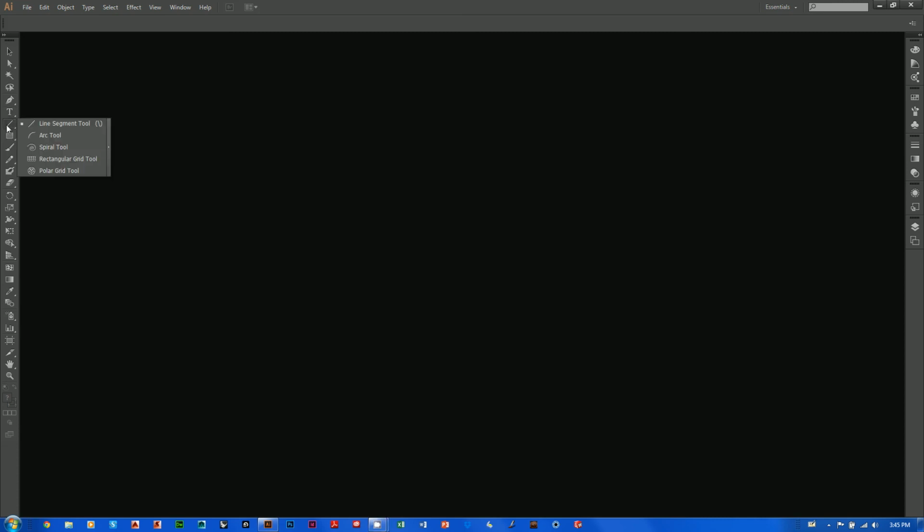Next up, we've got the line segment tool. Also underneath here is the arc tool, spiral tool. You've got a grid tool and a polar grid tool. We're not going to mess around with that one too much, but it is there and it will be helpful for advanced users. Below that is our rectangle tool, and as I showed you in the first video,